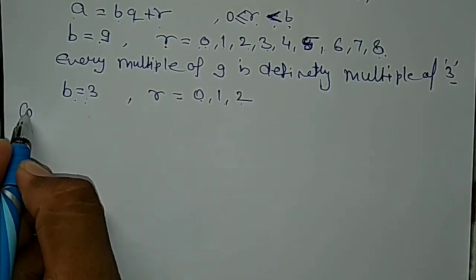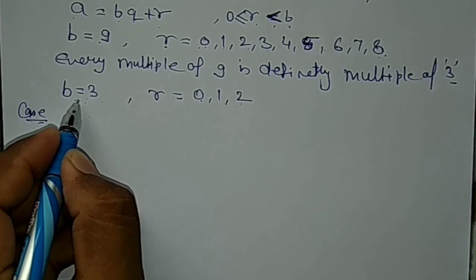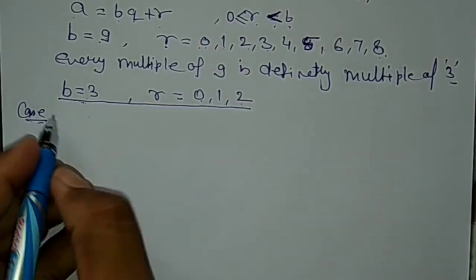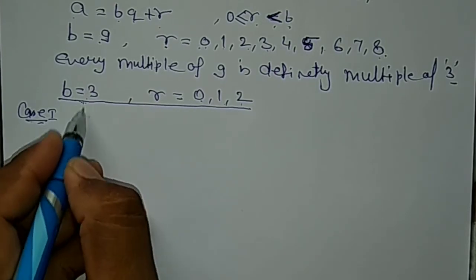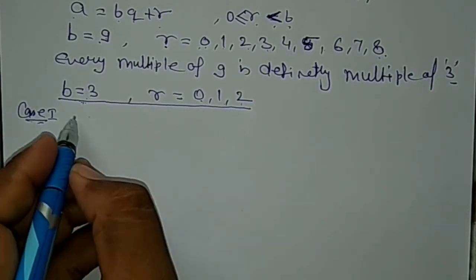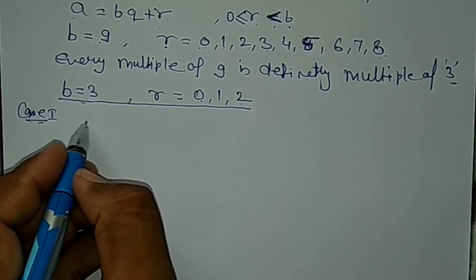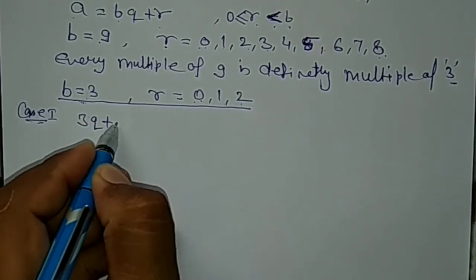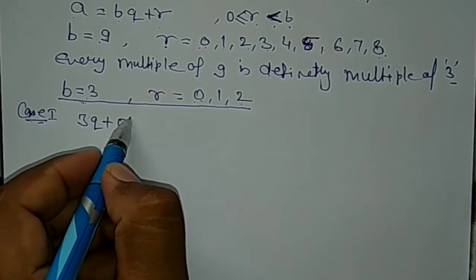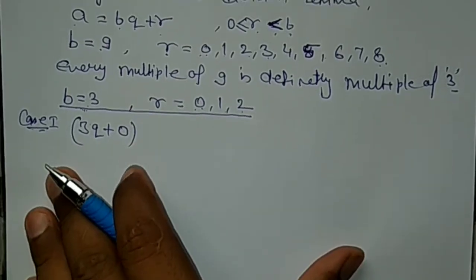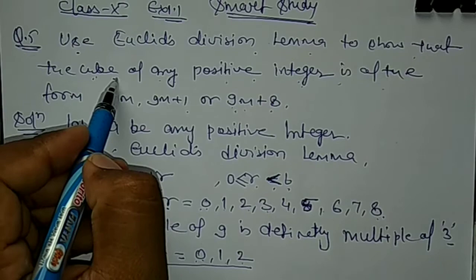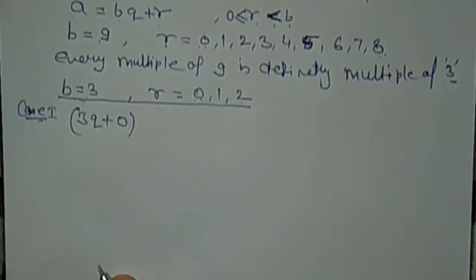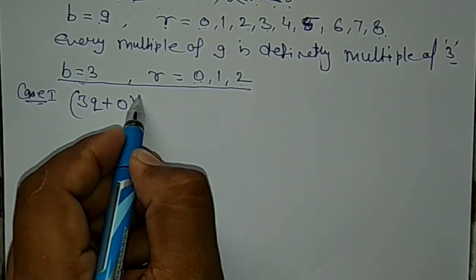फर्स्ट केस, अब हमारा क्वेश्चन रिड्यूस हो गया यहाँ पर. ठीक है, अब इसी को केस फर्स्ट ले लेते हैं. Case first is: any positive integer which can be written in the form of 3q plus r, I am taking 0. Okay, and cube of that we have to do, because it is said in the question, cube you have to do. Cube of any positive integer. So any positive integer is how much, 3q plus 0. So cube of that is how much, this one.